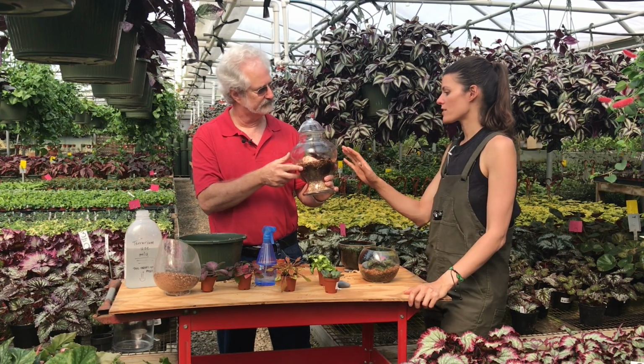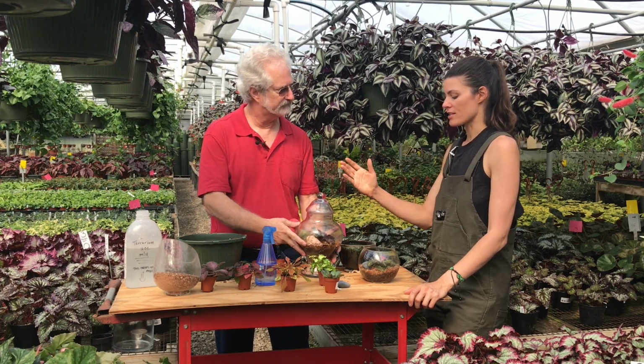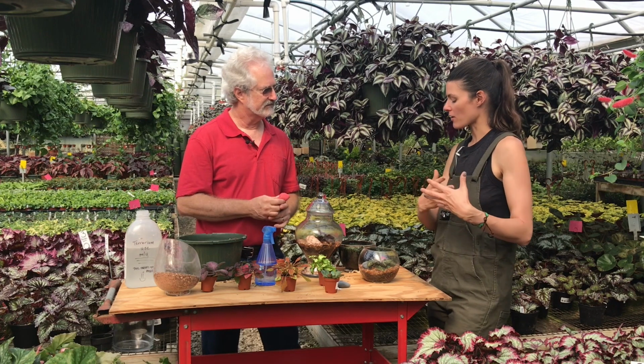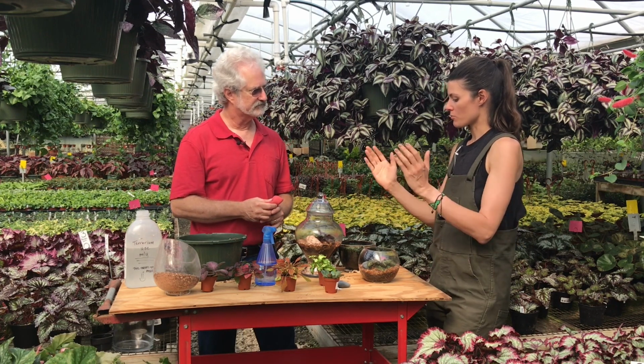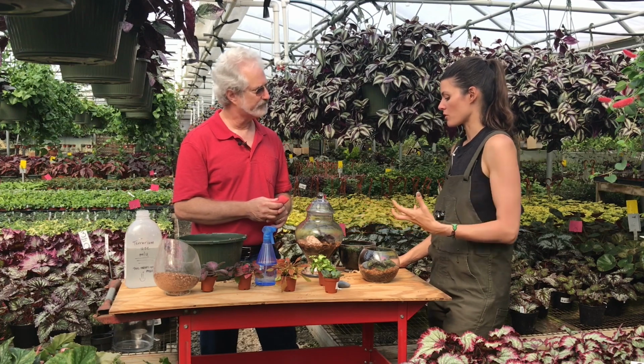And now, where would you put this? You wouldn't put this necessarily directly up against a bright sunny spot. What kind of direction would your window be facing that would be kind of perfect for this, or can you keep it a little bit more in your interior? So it does depend on the plants that you're using and what level of light they can take. But yes, if you put this in very bright light,